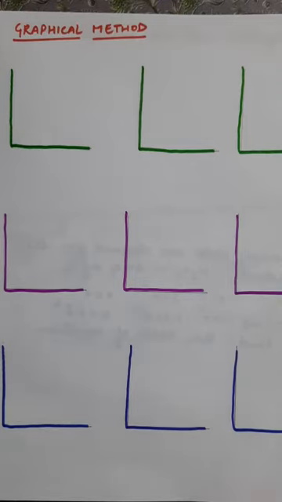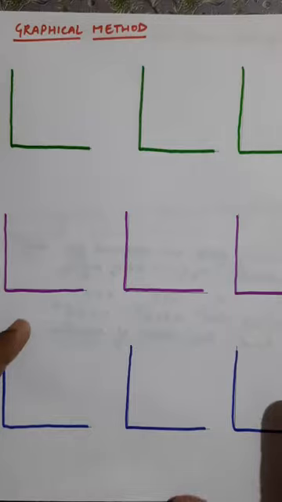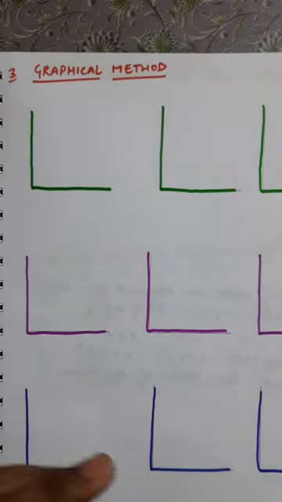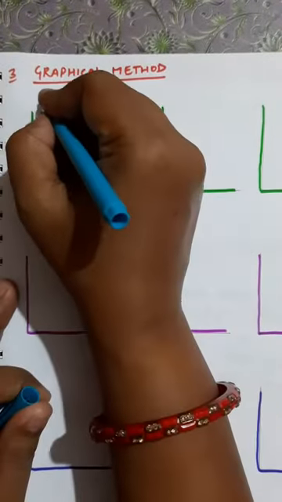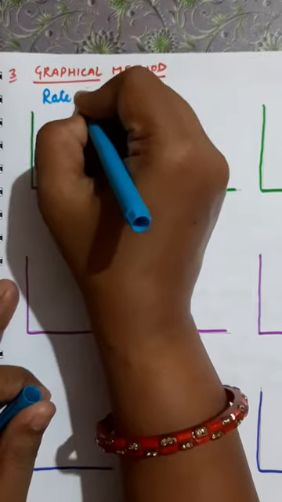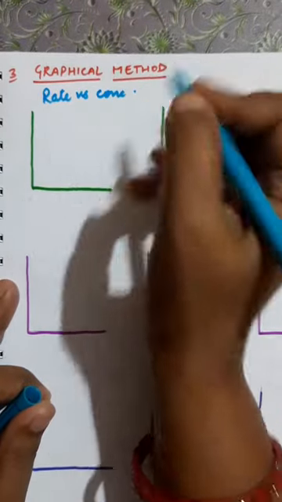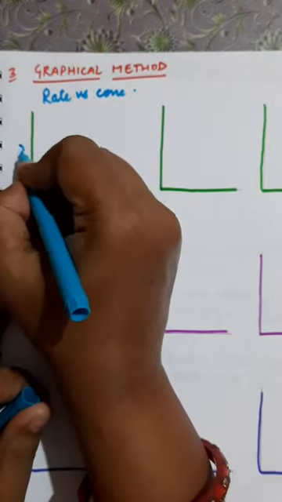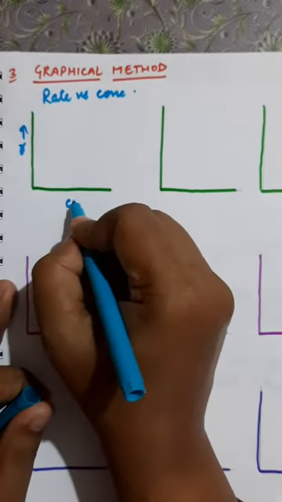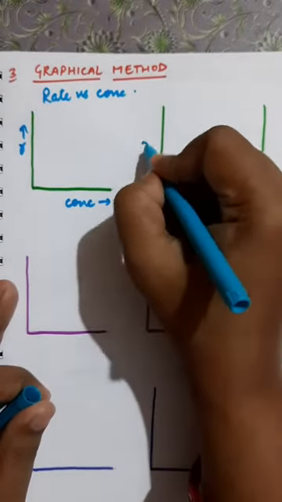By looking at the graphs you can find out the order of the reaction, because the reaction for each order has a definite graph. So the graph is different for different order reactions. By looking at the graph you can find out the value of the slope and the order of the reaction as well. So first we will compare rate versus concentration. Here we are plotting rate on this side and concentration on the other side. Clear?